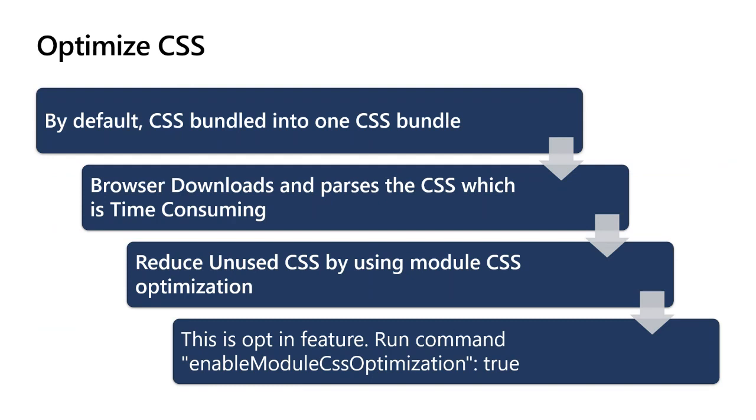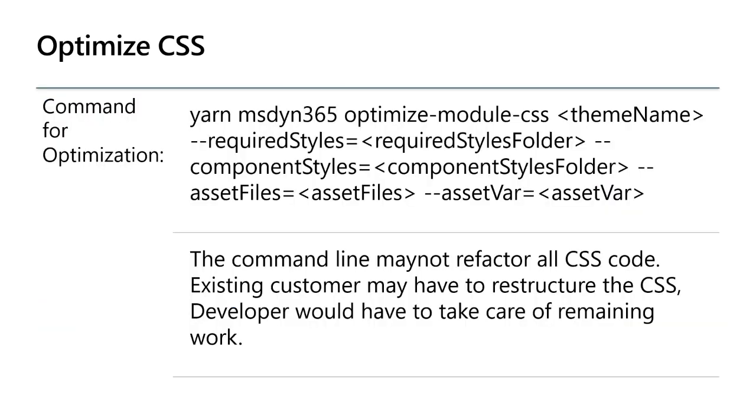The next topic is optimizing CSS. Until recently, we bundled all our CSS into one big CSS file. Due to this, some unused CSS code got downloaded on the browser, and the browser spends time downloading and parsing CSS, which had a negative impact on performance. So now we have a solution to this. You can run the opt-in command called enable module CSS optimization. Once you enable it, you can run the command